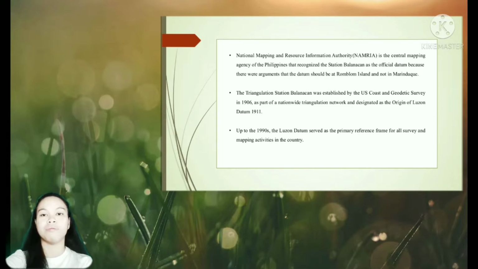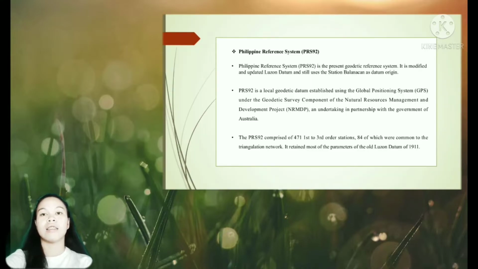Next is the Philippine Reference System or the PRS-92. The Philippine Reference System is the present Geodetic Reference System. It is a modified and updated Luzon Datum and still uses the Station Balanacan as datum origin. The PRS-92 is the new name of the Luzon Datum because it still uses the Station Balanacan as the reference